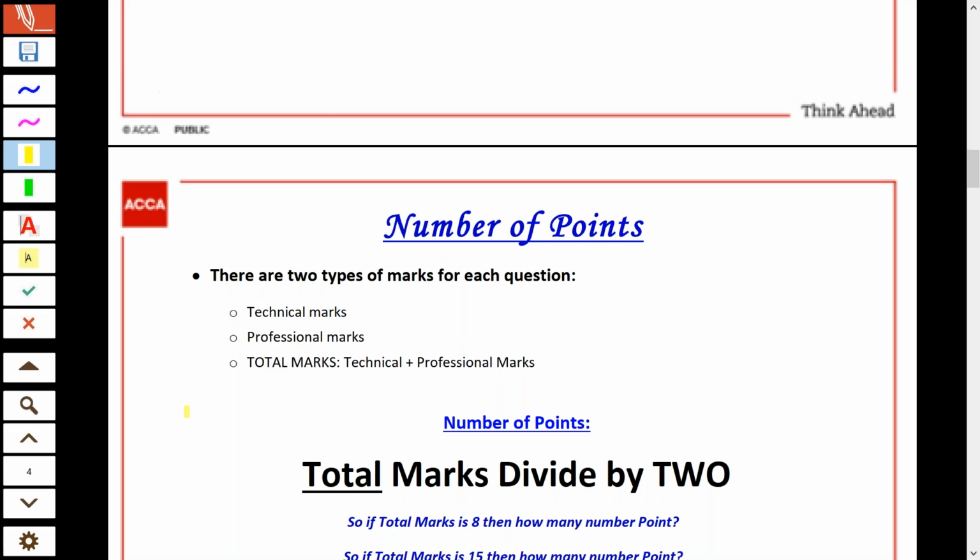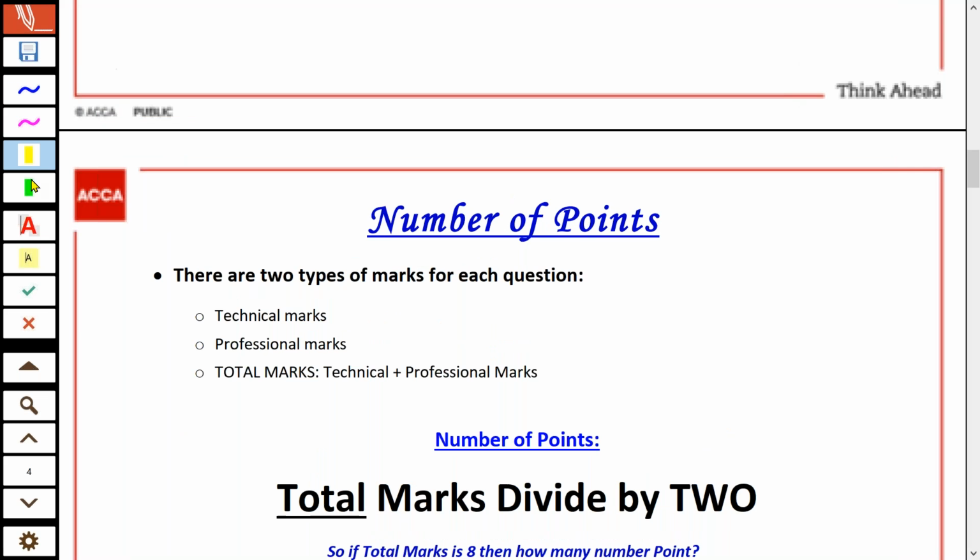So there are basically, just excuse my neck, two types of marks for each question. And in SBL, there are two types of marks. One is called technical marks and the other one is called professional marks. Okay. And then if you add these two, it's called total marks. So total marks is basically technical plus professional. Okay. So for example, if you know SBL paper, each question carries a technical mark and it also carries